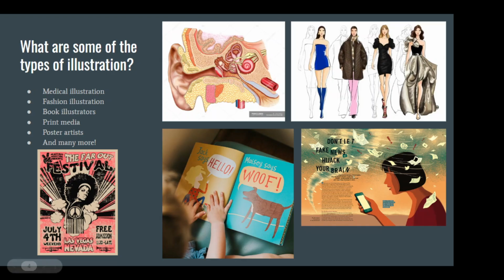And then you also have some outliers, like artists who specialize in gig poster or festival design, where again, you don't want just a photo in graphic design, you want a drawing to go with it.